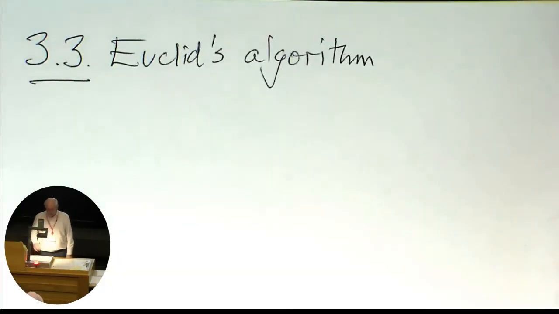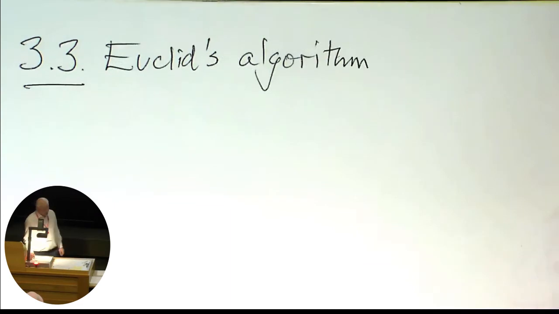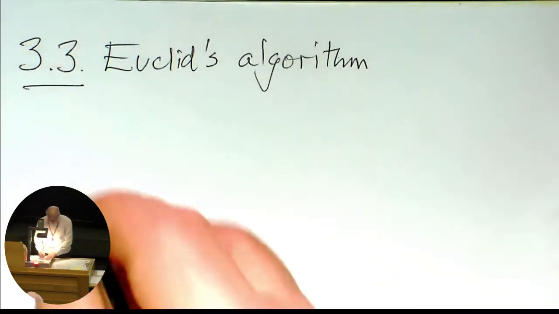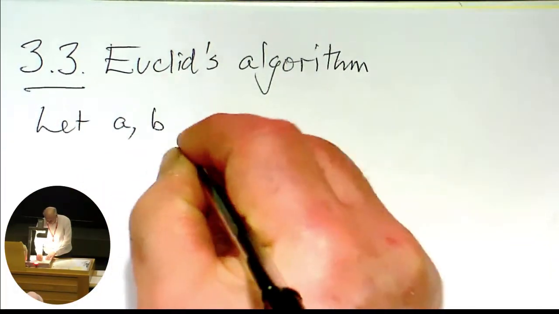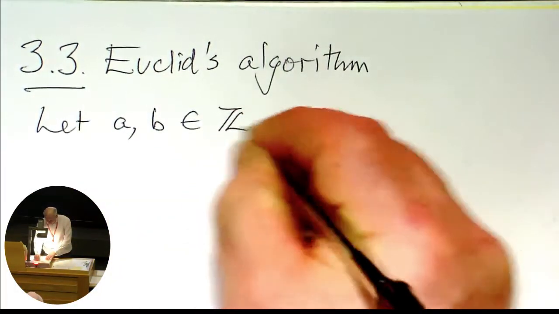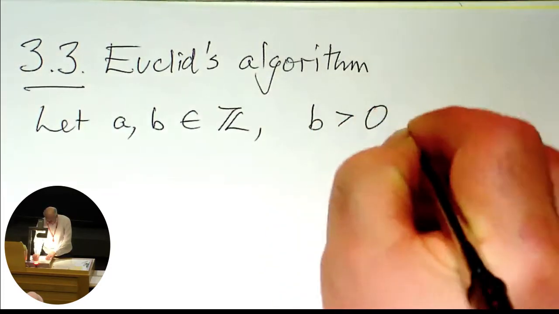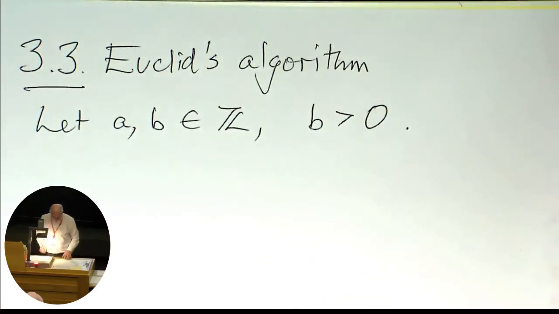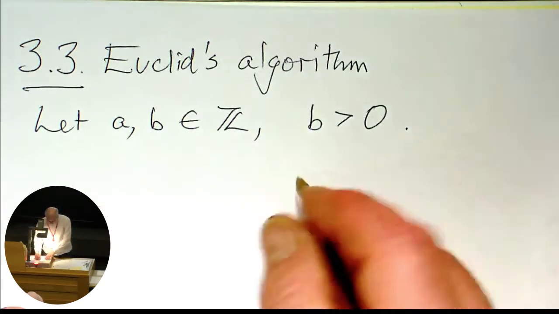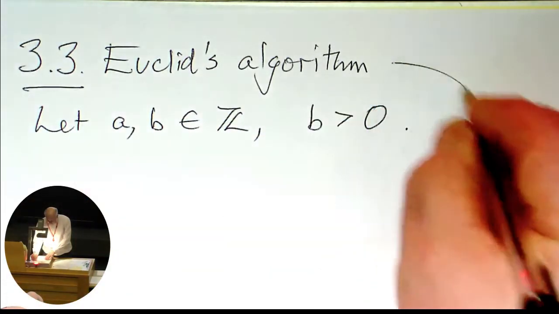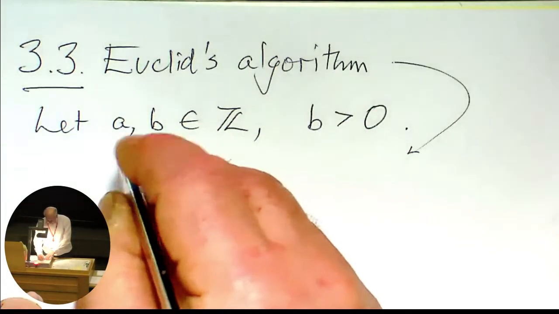So Euclid's algorithm computes the greatest common divisor of two numbers. We let a and b be integers, and b has to be strictly positive because we're going to divide a by b. Euclid's algorithm computes